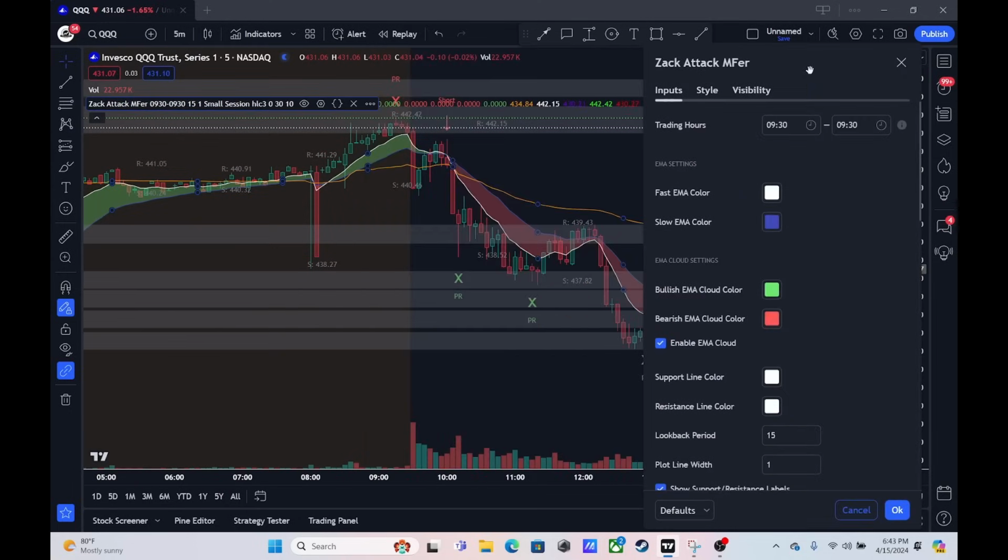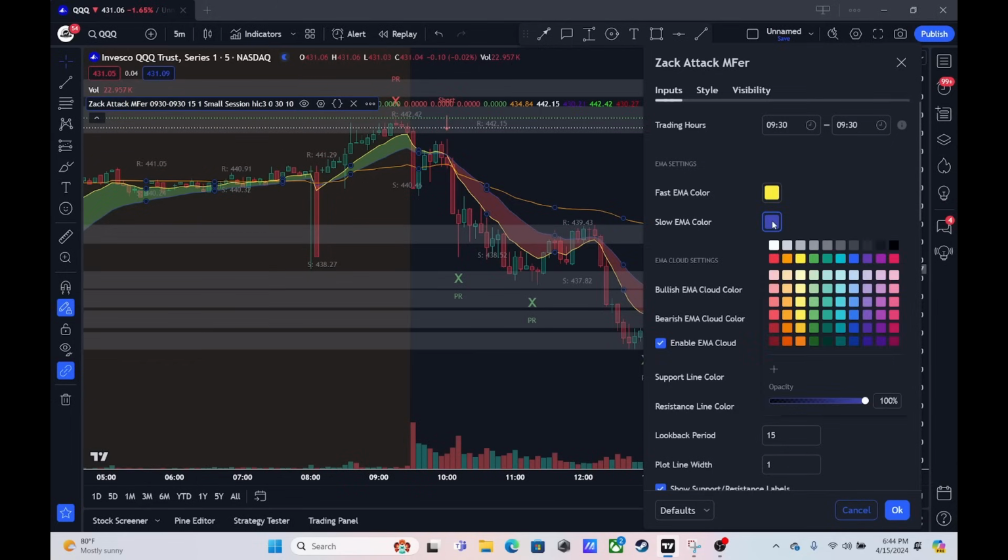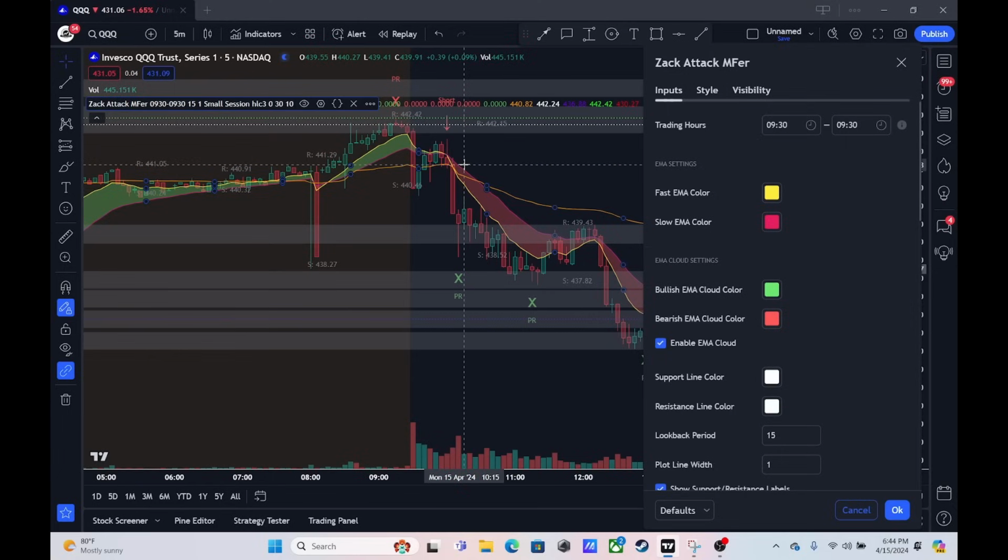The second thing is your EMA colors. So the EMAs are what are part of generating this EMA cloud, right? You can pretty intuitively see that the EMA cloud is the distance between these two EMAs. So if I want my shorter or my faster EMA to be a different color, I can make that a different color. If I make it orange or yellow, you'll see that it'll give us a yellow one there. And if I make, maybe I want the top one pink, right, my slower EMA, or I guess my longer period EMA, you can see I can change the colors on those. So for now, I'm going to keep them what I like to have them as, which I think I actually flipped those, which is blue and white,